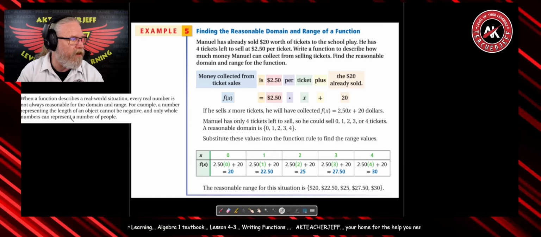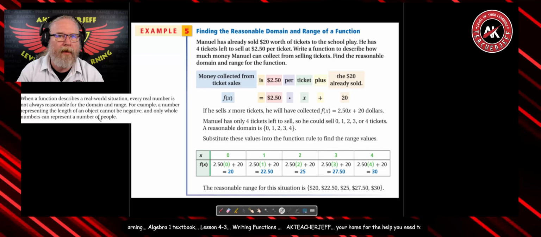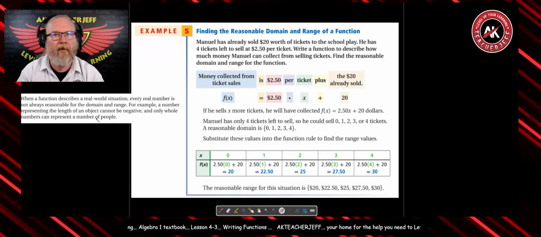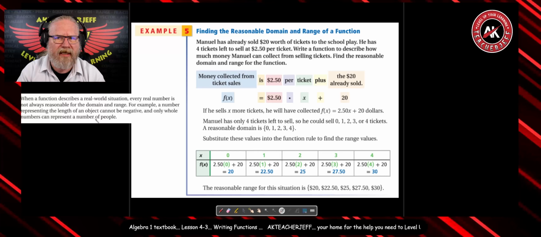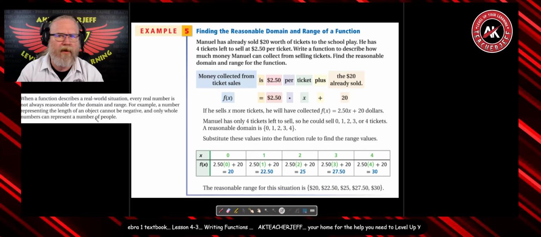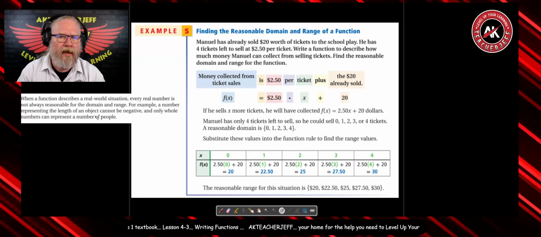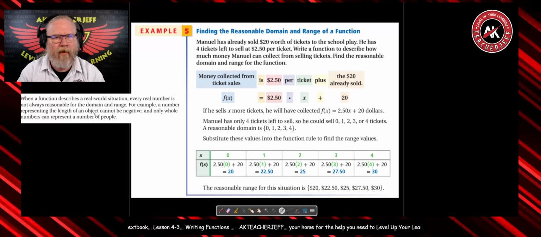And only whole numbers can represent the number of people. How many people were at the show? Oh, there were 23.6. You can't have 6/10 of a person. There are either 23 people there or 24 people there, but the numbers have to make sense for real world